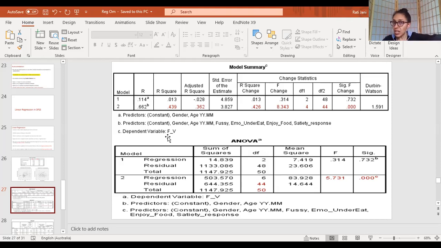Meaning there are many, many other independent variables out there in real life which I haven't captured, which are explaining all the other remaining variance in the outcome variable, your fruit and vegetable intake. But all these current independent variables together are explaining 36% of the variance in your outcome. Variance meaning, why is the child's fruit and vegetable intake low or high? These variables are accounting for 36% of the reasoning. Okay, does that make sense?